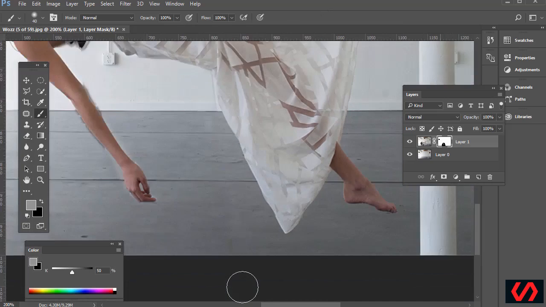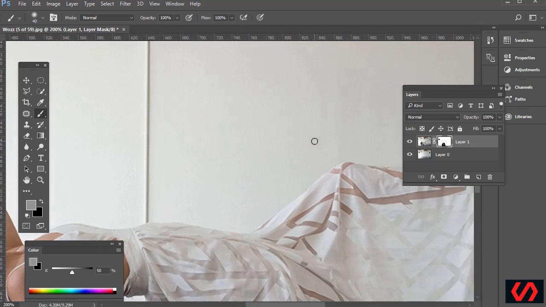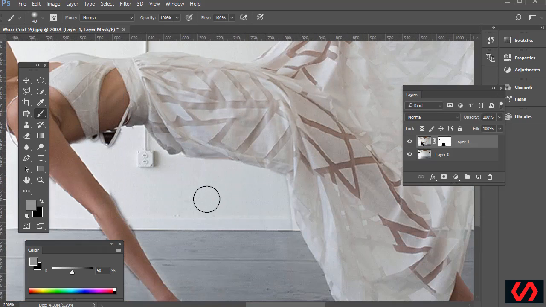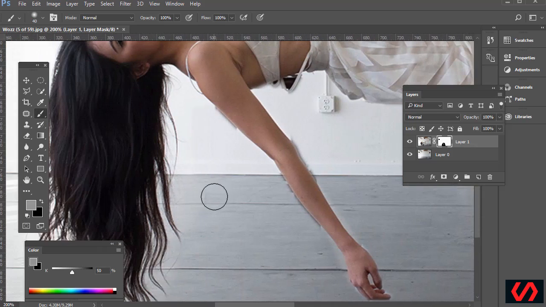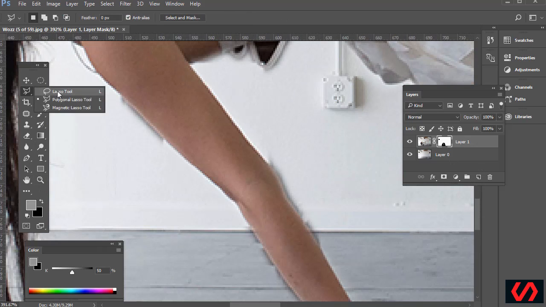Alright, and so if we zoom out, it looks pretty good. Problem is we need to fine-tune the areas right down here. And the cool thing about adding a mask instead of just erasing is that we can zoom in, and I'm going to make just a hard edge selection here, so it's not feathered at all. So I'm going to use the marquee selection tool and hold shift to add to it and make a definite edge right here. And I just click and let go, click and let go, click and let go